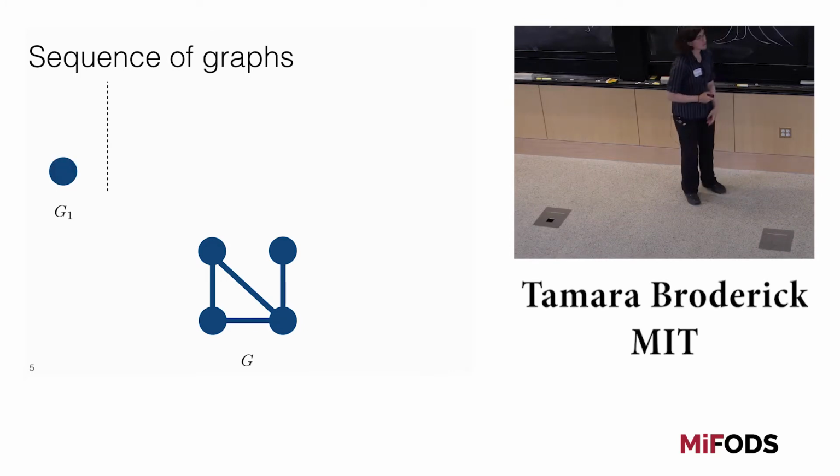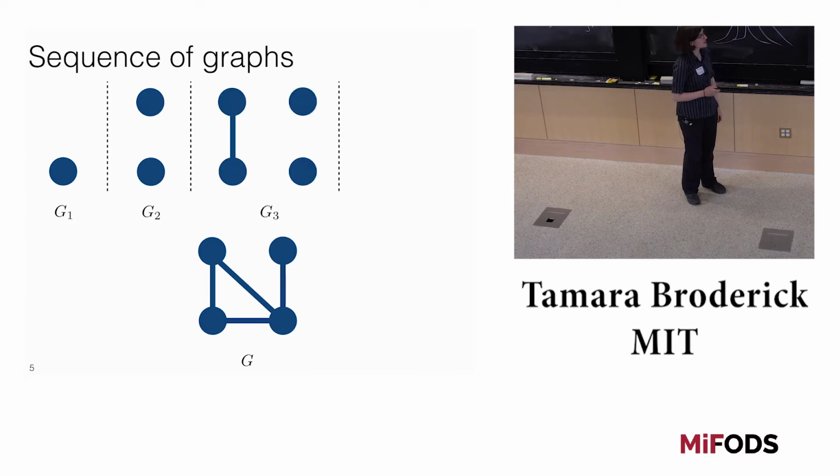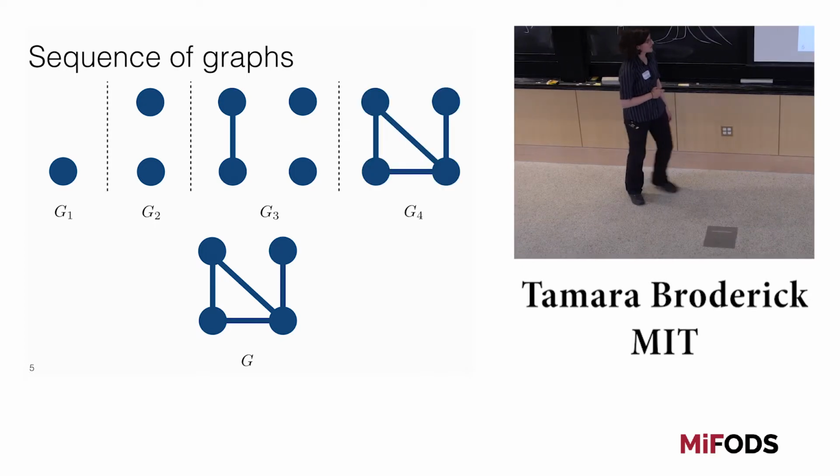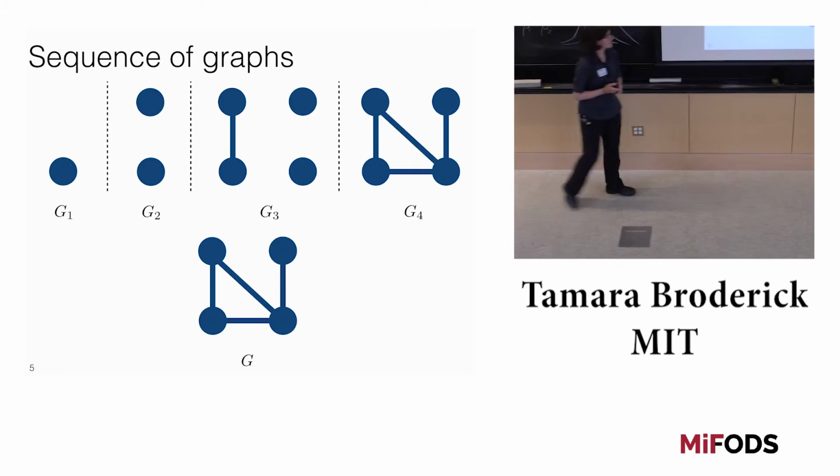So we start off with some collection of nodes and vertices, and at each step in this sequence, we will add nodes and we will add vertices, or both or neither, but we'll never subtract anything. So here we happen to add a node. Here we add some nodes and a vertex, or sorry, an edge. I meant edge. Here we add some nodes and edges. And so we have these collections of nodes and edges.